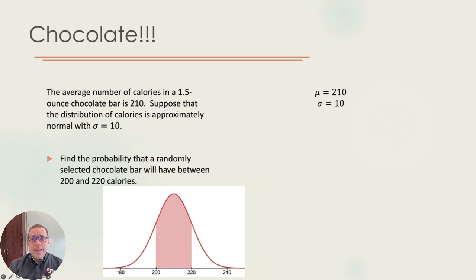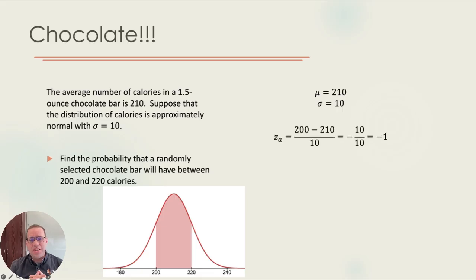Now, since I'm not dealing with one of the tails, I'm going to deal with two values. I'm going to need to know the z-score for both of my values. I'm going to say that the value on the left, that's 200, I'm going to call that A. So A is equal to 200, and